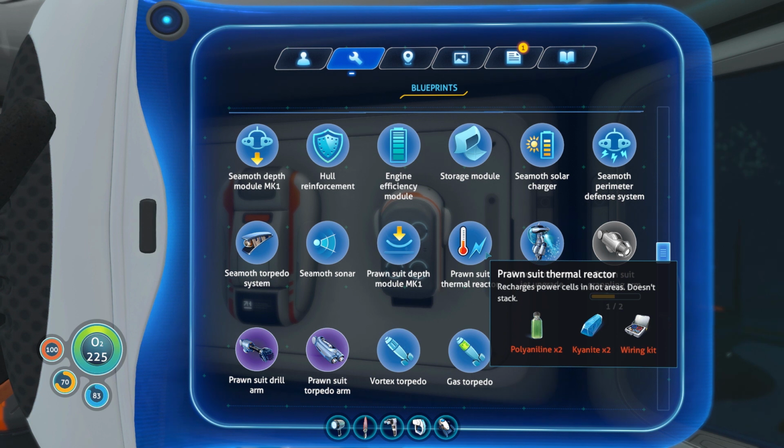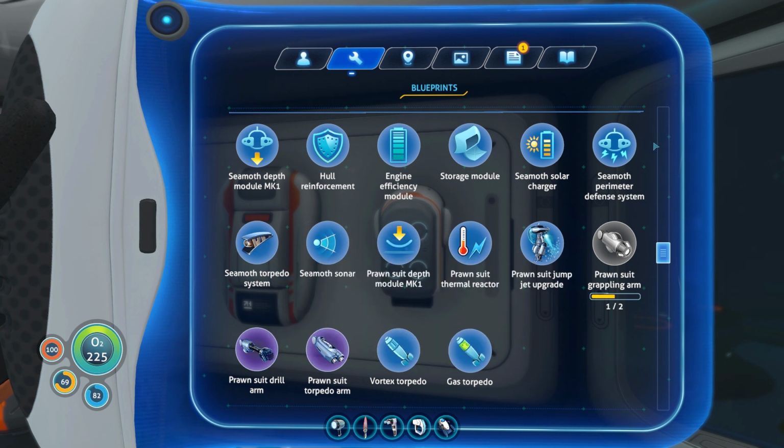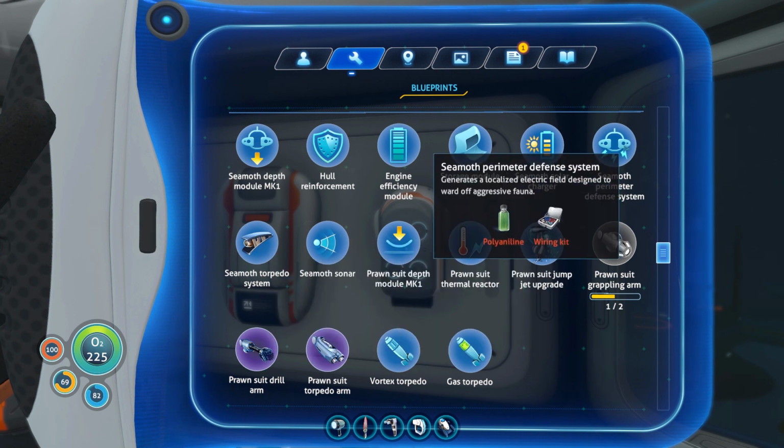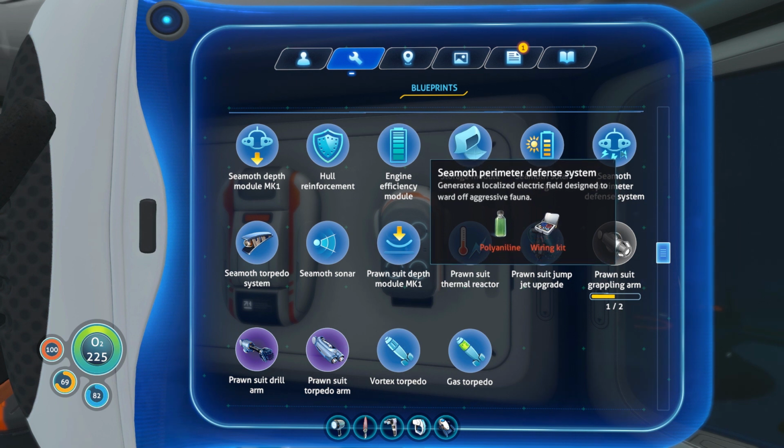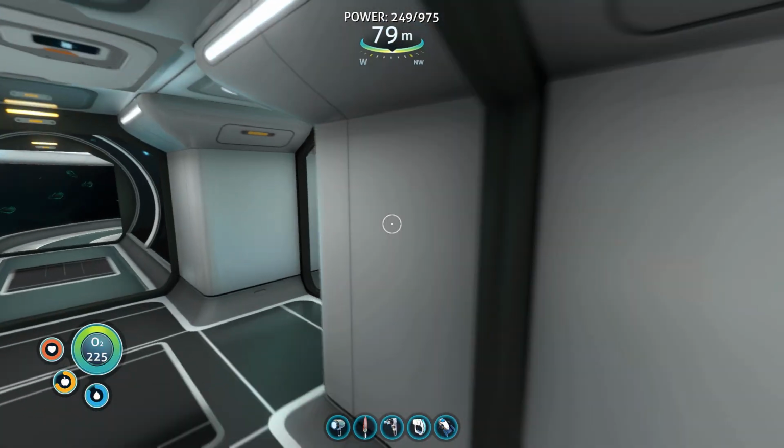Okay, here's one. Recharges power cells in hot areas for the prawn suit. So that's something. Polyaniline, I need cyanite for that as well, though, so that's out of reach. Perimeter defense system. Generates a localized electric field designed to ward off aggressive fauna. You know, that would be so useful. To the extent that we're doing it. We're doing it now. So what I need is I need